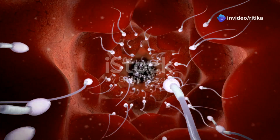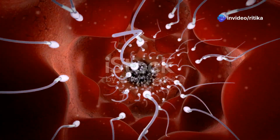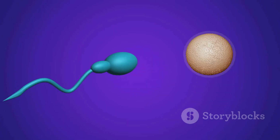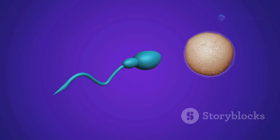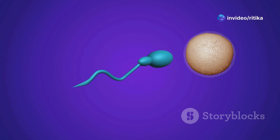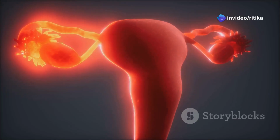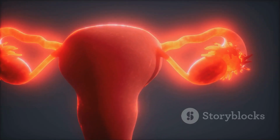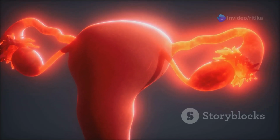This barrier protects developing sperm from harmful substances in the bloodstream and immune system, as sperm cells are genetically different from the male's somatic cells. Sertoli cells secrete various hormones and signaling molecules such as inhibin and androgen-binding protein, or ABP, which regulates spermatogenesis. Inhibin helps to inhibit the secretion of follicle-stimulating hormone, or FSH, from the pituitary gland, providing feedback control of sperm